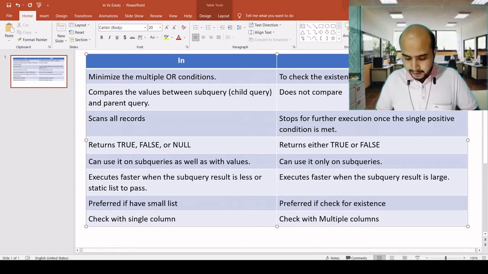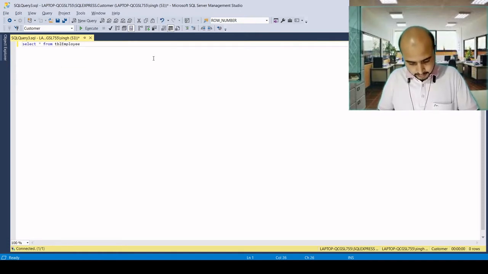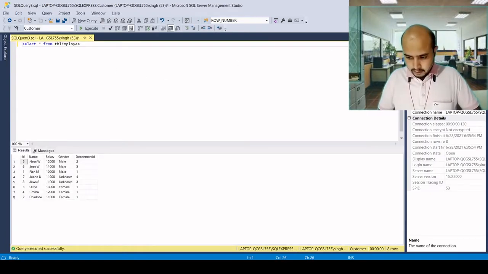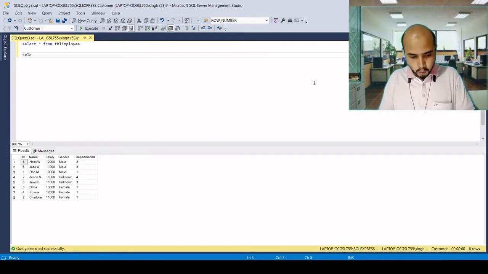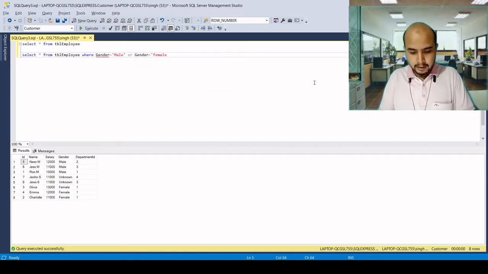So here we have a table called TBL employee, where there are multiple genders. We can write the query as where gender equal to male or gender equal to female.